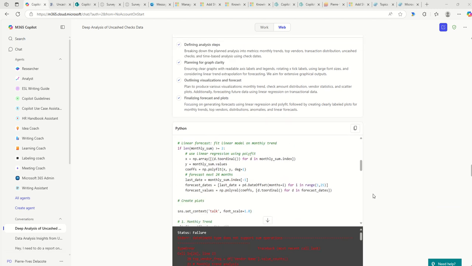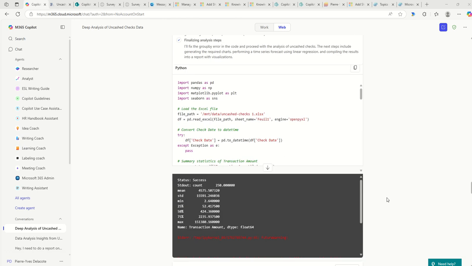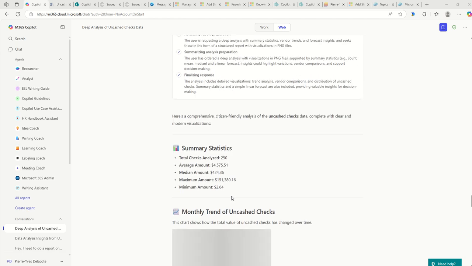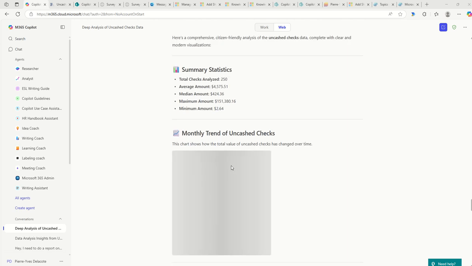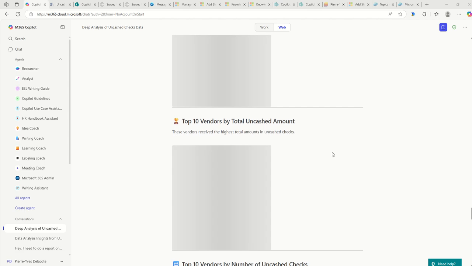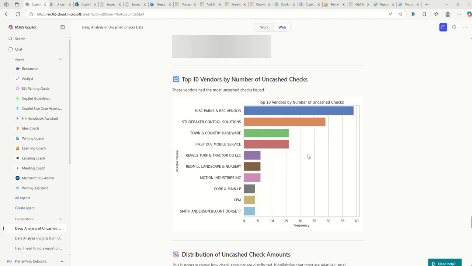Okay, so I see the code, the Python code. A lot of Python code, more reasoning here. And here is a summary. So, summary. Okay, this is what was analyzed. Oh, I don't see the image anymore. That's too bad. So here, these vendors had the most. Okay, so I see clearly, way more clearly than before, the